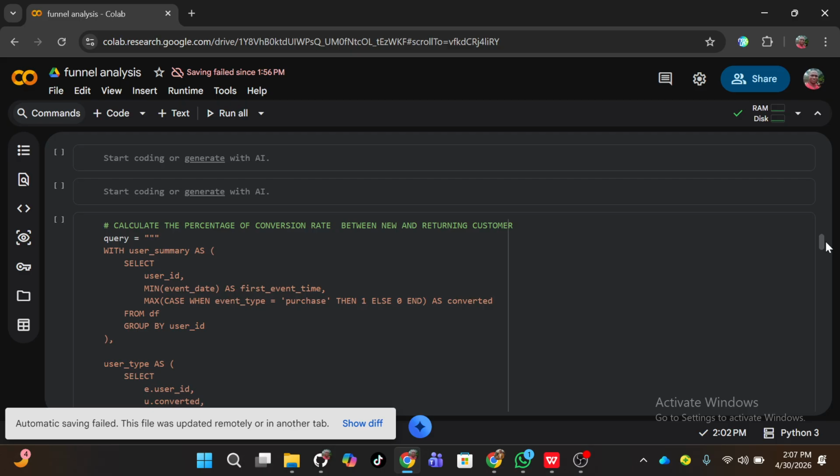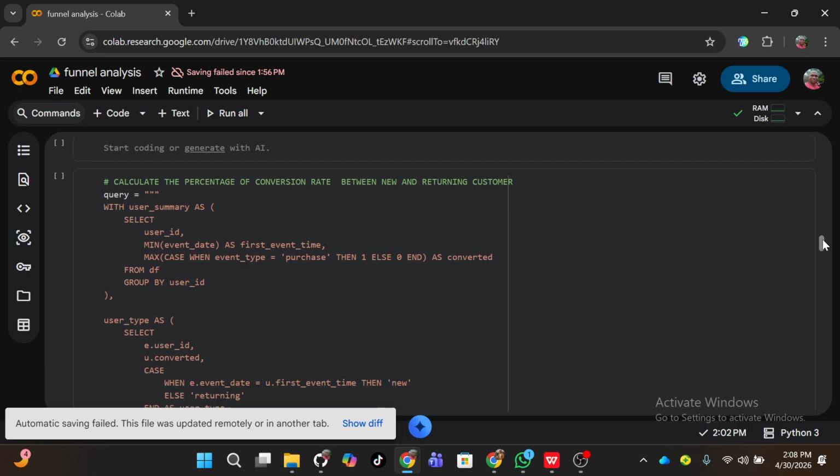Okay, so doing this, we are going to draft a SQL code that distinguishes the conversion rate between our returning customer and our new customer. So for us to do that, we draft a SQL code, then we start with our CTE, then we select the user ID, the minimum event date as first event time, which is what we are trying to say is the first time this person approached our business. Okay, then the maximum